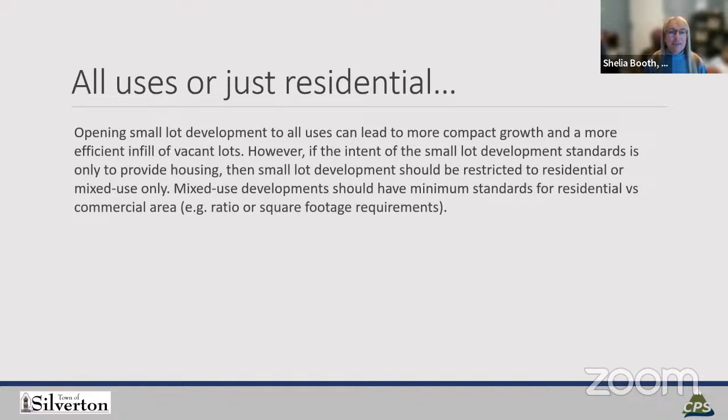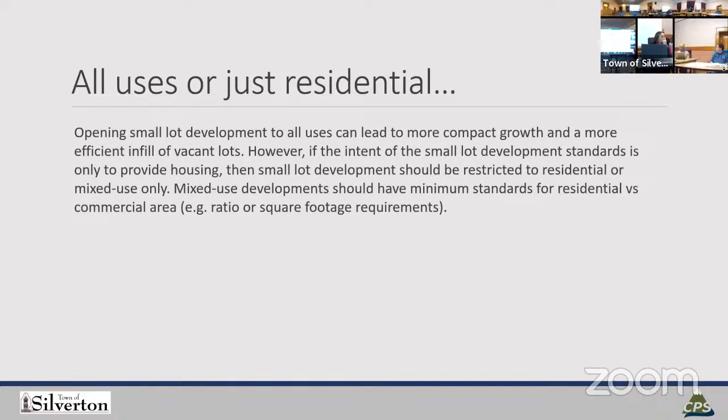That's all right. So, like I said, I want to open this up to the use question. Is it just for residential, or are we looking at residential and commercial? And then after we get that established, we can go back to zoning districts. But I wanted to open it up for that first.